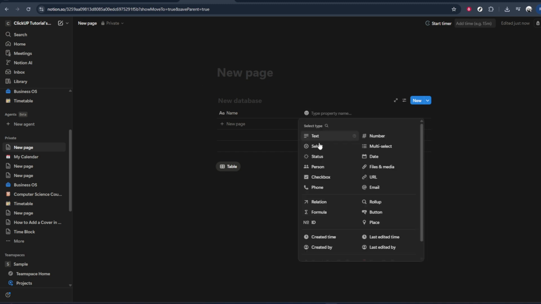On the right-hand side of these column headers, you'll see an option that says Add Property. Go ahead and click on Add Property. This is where you define new columns that can hold different types of information, like text, numbers, dates, and in our case, relations. Once you've clicked Add Property, Notion will open a menu where you choose the type of property